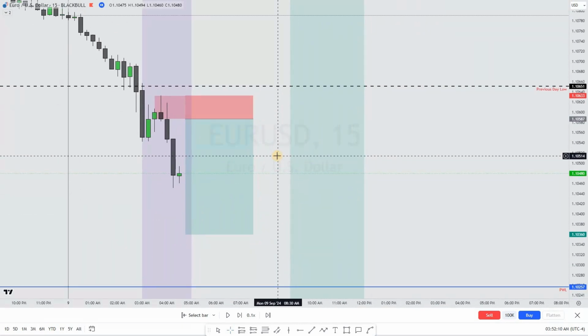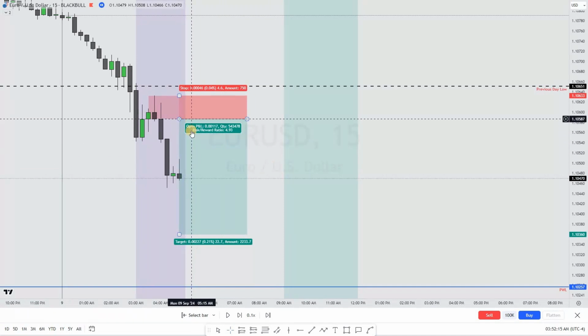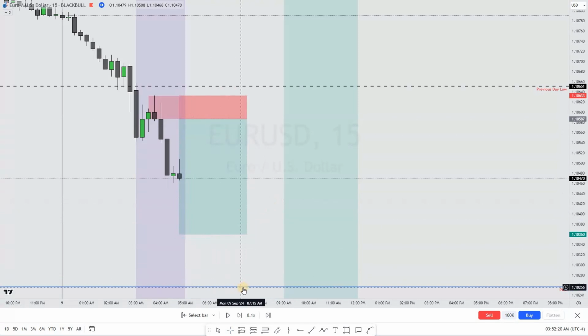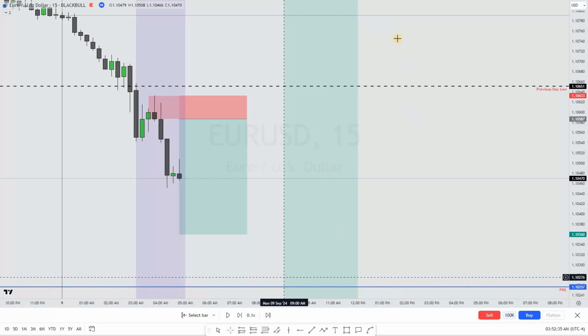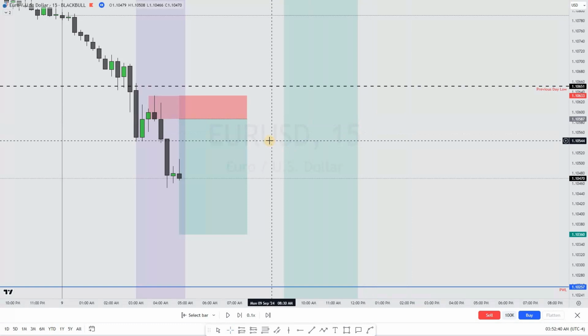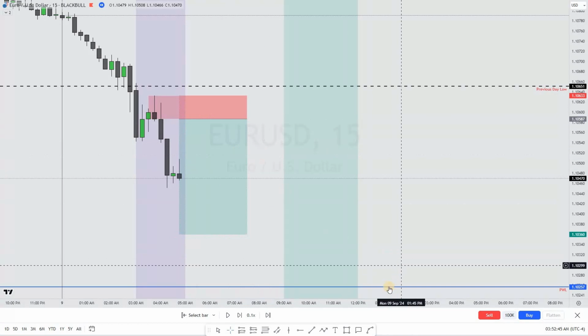So after that it was just a waiting game to see if price will actually retrace all the way up here and trigger me. Even though another level that I had in mind was this one here, previous week low. This was a place after this was taken, and then I see signs of continuation. I was thinking the price is more likely to continue to this previous week low before it can continue all the way up. But yeah, because it's also Monday and there's no news, I was thinking maybe this will be taken out on Tuesday.